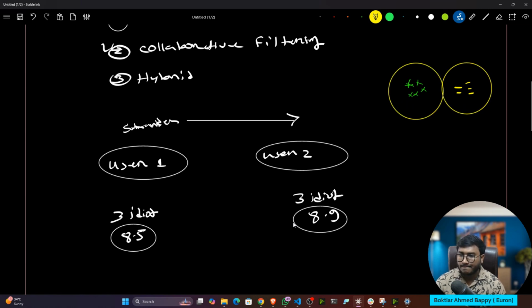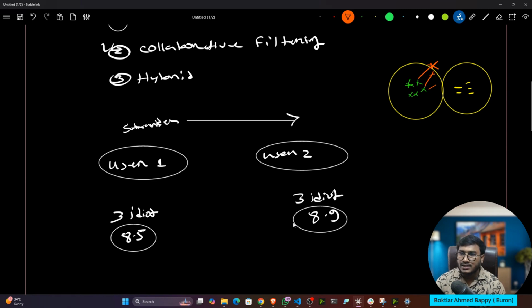Now, next time, whenever any new data comes in, we just try to calculate the distance, and whichever cluster has the least distance, I can consider that this new data belongs to that particular category. Maybe you have already learned this, right? Are you getting my point? Okay, guys, let me know.